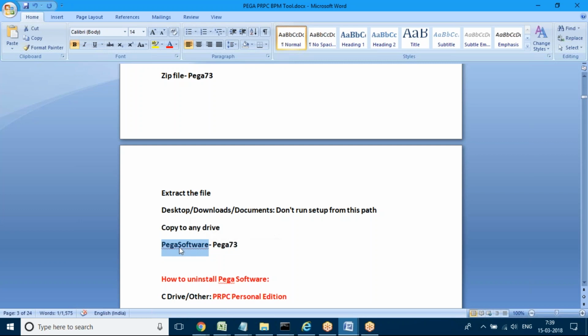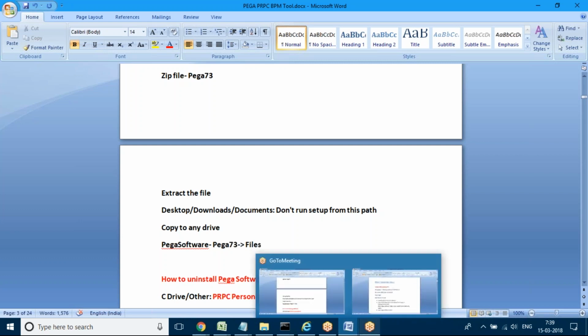So remember, you can directly copy the folder to any drive, or if you want to add a folder, give the folder name without any spaces, and under that you can copy the folder. In this, all the files will be there: Java installation files, database installation files, server files, everything under that folder name.